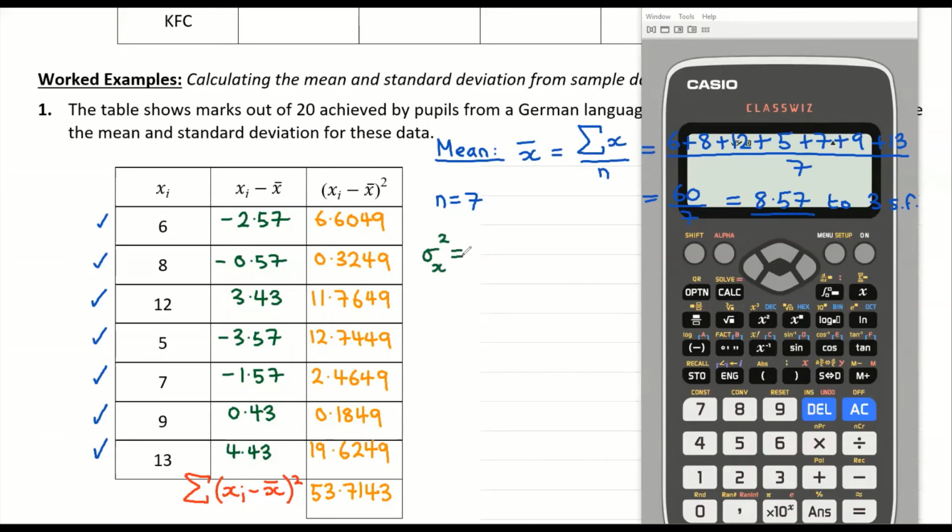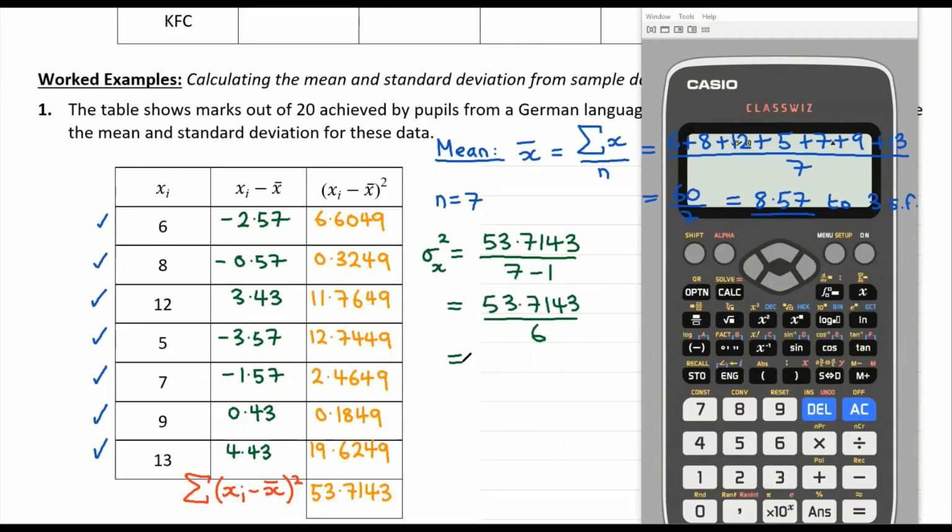I'm not going to write out all the formula again. So it's just 53.7143 divided by n. Now, remember, we're going to use the Bessel correction here. So we do n subtract 1. So that's going to be divided by 7 subtract 1. So this is going to be 53.7143 divided by 6. Now we can use the calculator. So if I just put those numbers in,